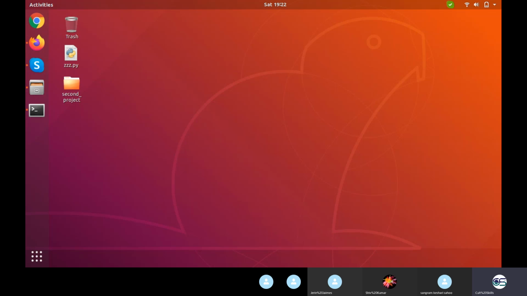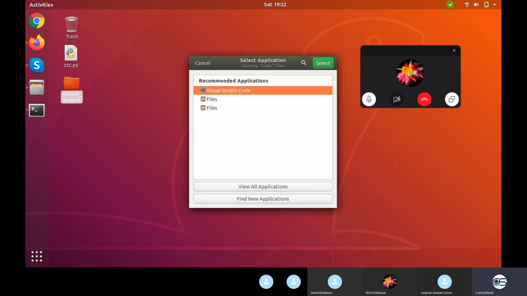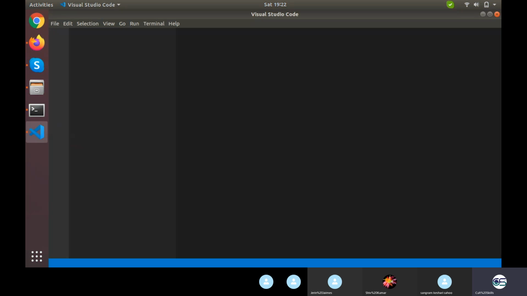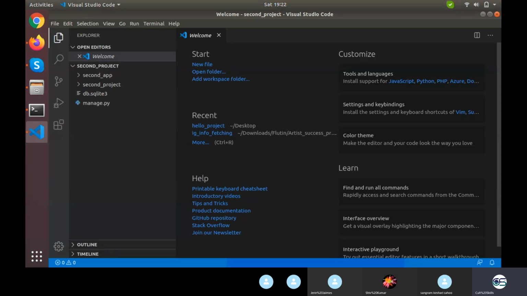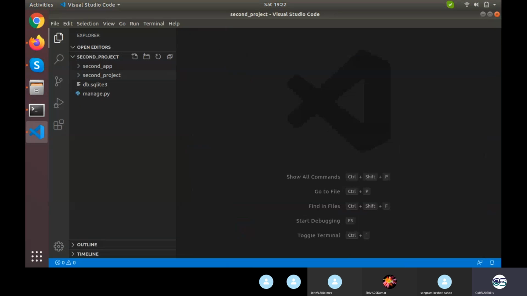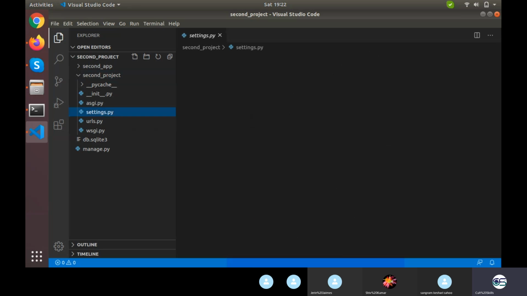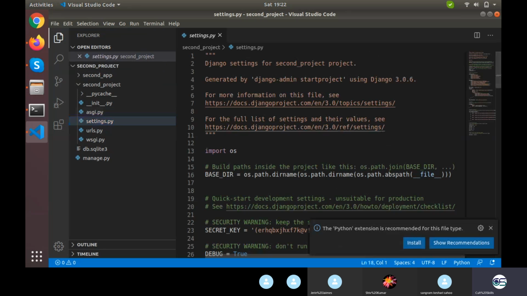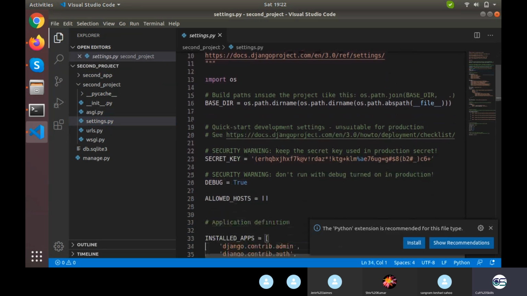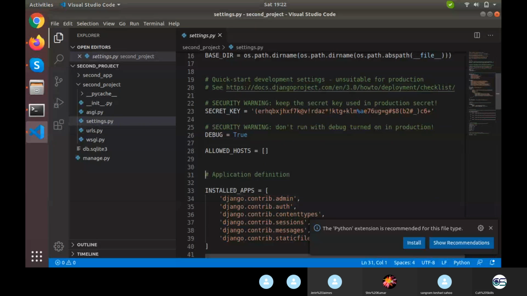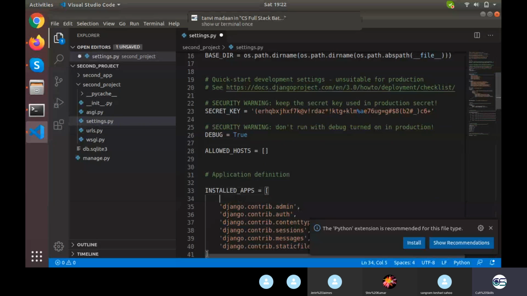Okay, what now you need to do? Just open this entire folder in your favorite text editor, whichever you find comfortable, or you can also work without that. But I would be working in this text editor, this IDE. Now the first task is to go to this project folder. There would be two folders, app folder and project folder. First we need to go to this project folder, and the first change would be to go to settings.py and go to installed apps, add your app into it.